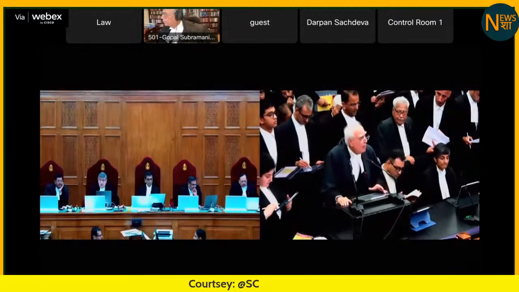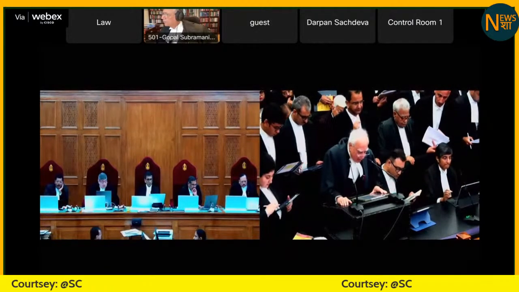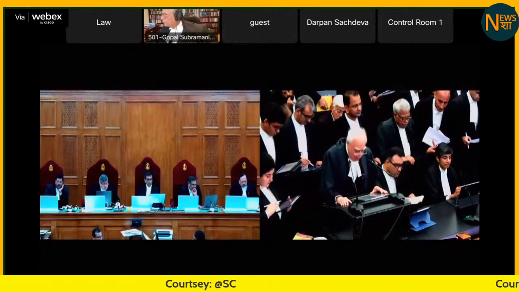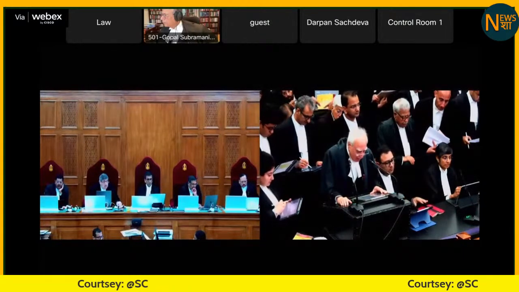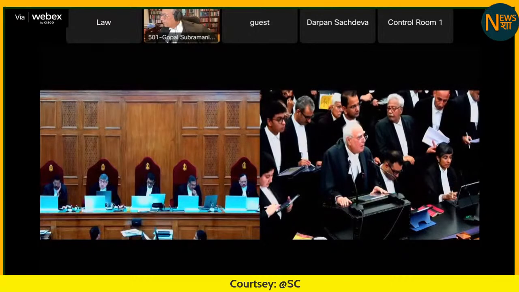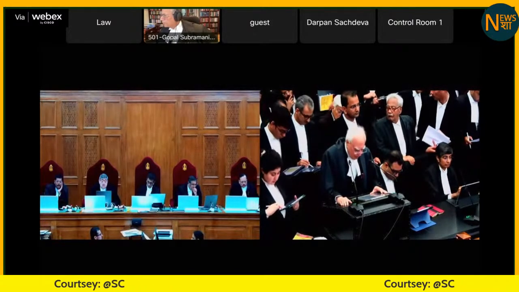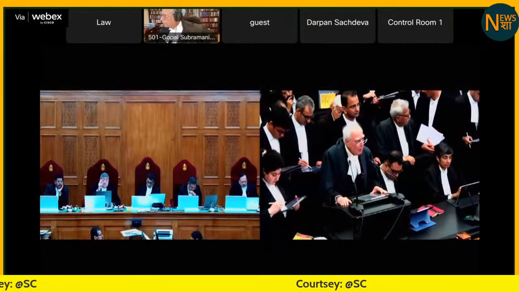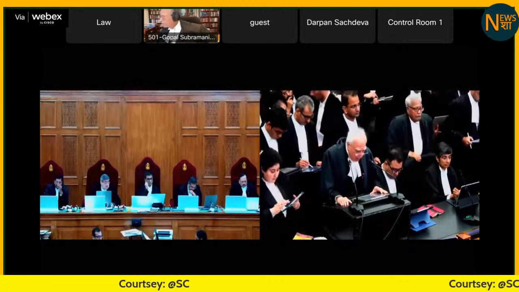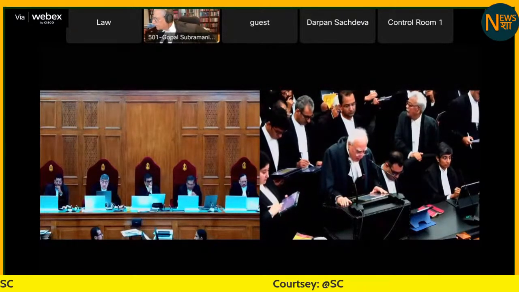Just mark. In other words, the parliament acts in the same capacity as a constituent assembly when exercising the power of amendment under the said article. This is fundamental to the entire argument that I'm in. In other words, Parliament acts in the same capacity as the Constituent Assembly when exercising the power of amendment under